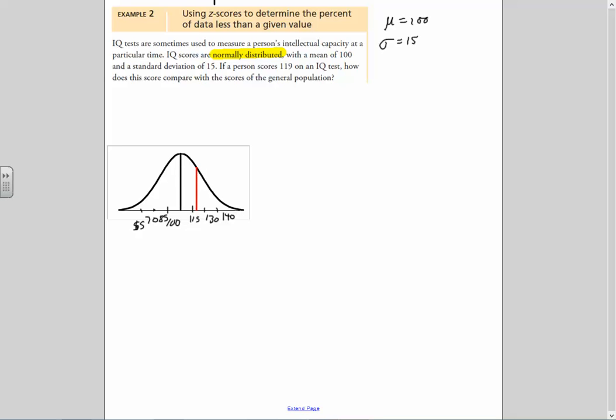So to solve this question now, we have to use our z-scores. So z-scores are calculated by taking the score, subtracting the mean, and dividing by the standard deviation. So our score in this case is 119. Subtract the mean, 100, and divide by the standard deviation, 15. Now, working that out, 19 divided by 15,